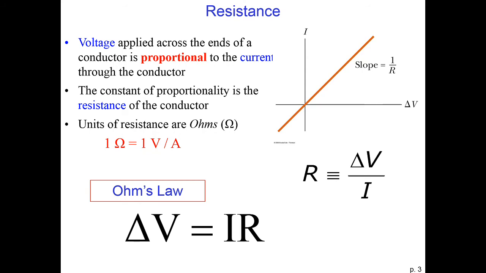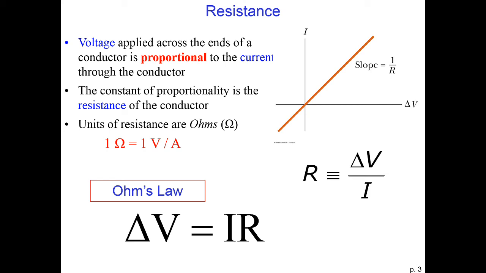So next we want to think about the relationship between the voltage and the current. We find that if we attach a voltage across a conductor, the current is proportional to the voltage. So the larger the voltage, the larger the current. If we graph the current as a function of the voltage, we find a straight line, and the proportionality constant